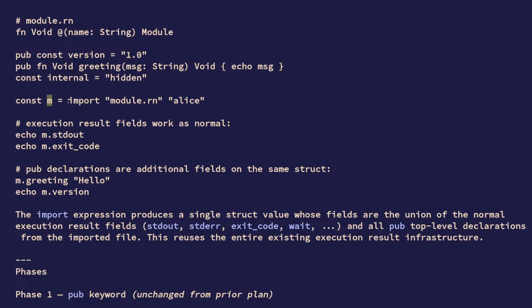Then we import module here. So this is how you would import. You import the name of the file, the full name of the file. Well, this is a relative path, but it's with the extension, and then also a list of arguments, just like calling a function, except it's kind of like a special syntax here where you import a file instead. So you could say this is kind of like calling bash with a bash script and then supplying arguments. So it's kind of the same, except this is like special